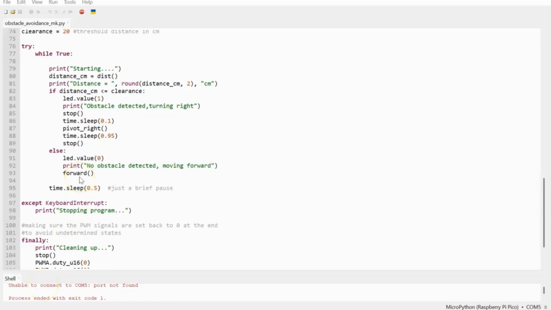There. This is just to give a quick overview of the program that was written in Thonny to get Lilybot to do obstacle avoidance. So the whole idea is when the program starts, Lilybot determines how far it is from an obstacle, and then once that distance is less than some predefined clearance value, which I specified as 20 centimeters, Lilybot first of all lights up its LED to let me know that there's an obstacle that has been detected,